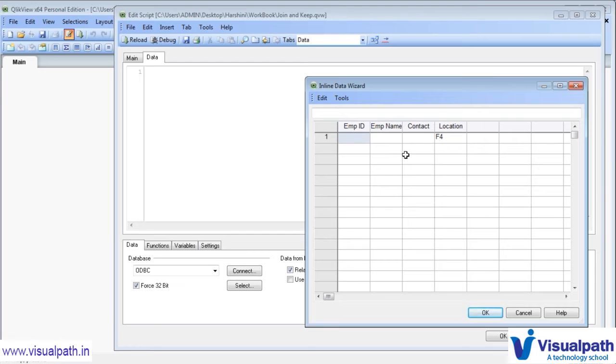So the employee ID, let's say 101, then below 102, then 103, 104, 105, 106.